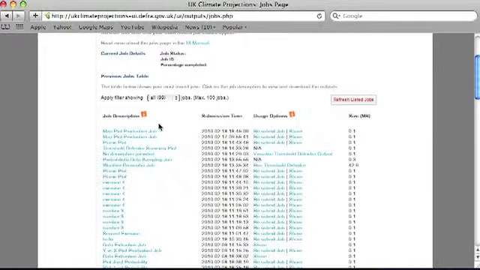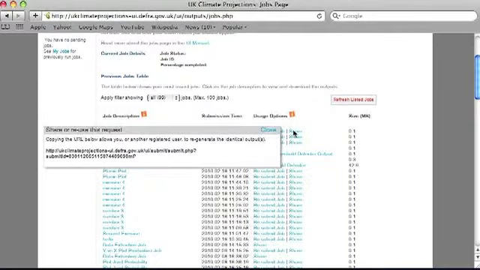You'll notice that it doesn't give particularly interesting names, and we'll show you how to make a more relevant name later on. If you want to go back to a job, you can click on Resubmit, which is on the right hand side under Usage Options, and that will take you back to the Outputs page where the job is completed. Alternatively, you can use the Share link, and using this link you can copy and paste the URL, and